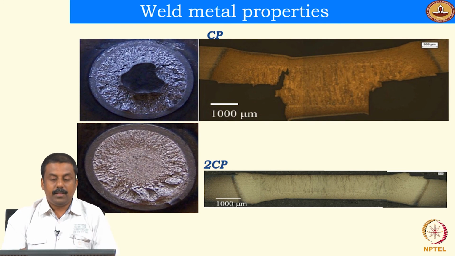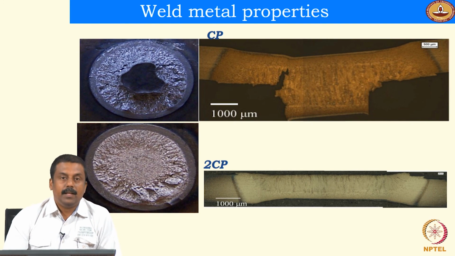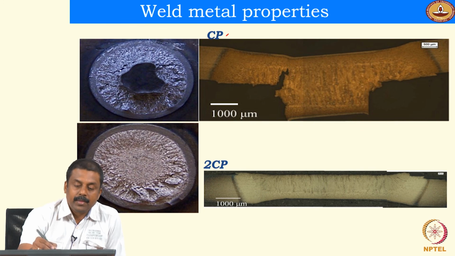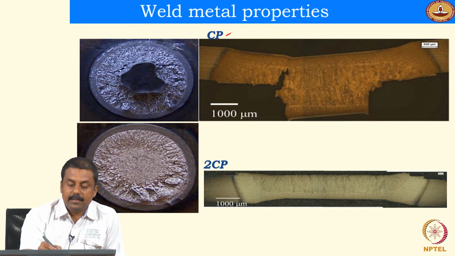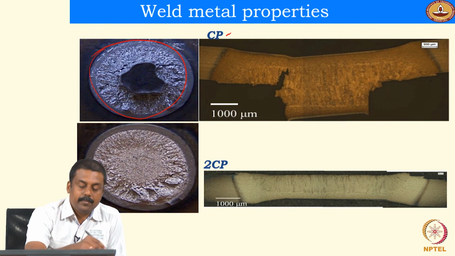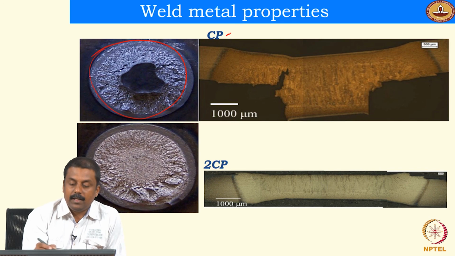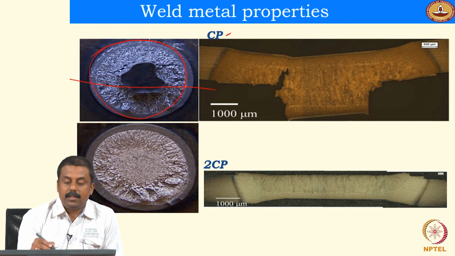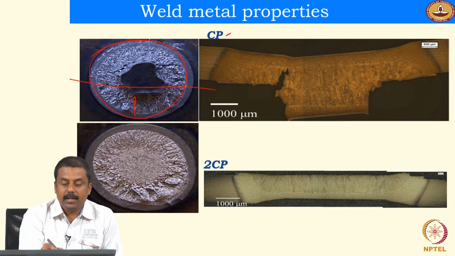So this is what happens when you look at the plug sizes. So in steel CP, the failure is a partial plug failure. What you see over here is a weld nugget diameter. And then if you look at the cross section view, so if you take a cross section somewhere over here and look from this direction, what you see over here is in steel CP,